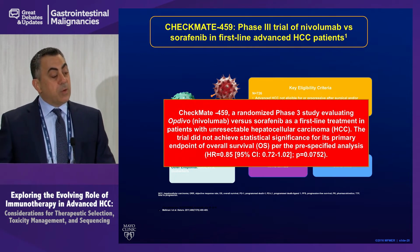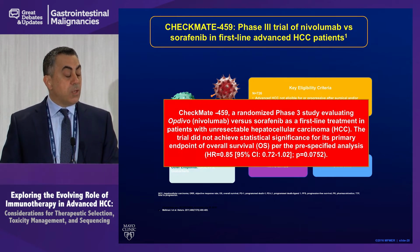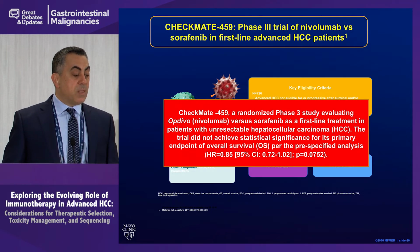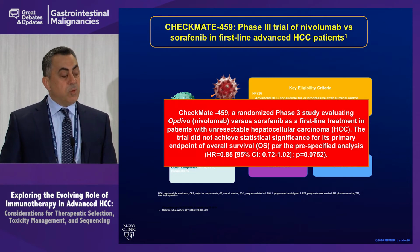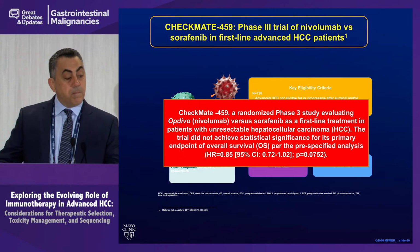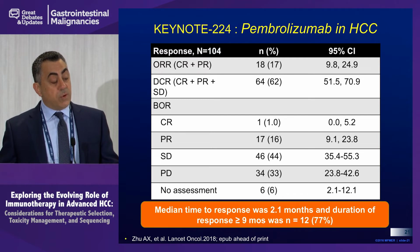Now, we'll see the final results. There's a discussion that perhaps a lot of these patients who went on sorafenib ultimately crossed over to a PD-1 inhibitor. Again, we'll see. I'm not convinced at this point of time that for the large mass of patients with HCC, immune therapy should be our first, and arguably maybe not even our second choice, until we understand where it lies. And that comes at the heels of another study that followed nivolumab, pembrolizumab in HCC,